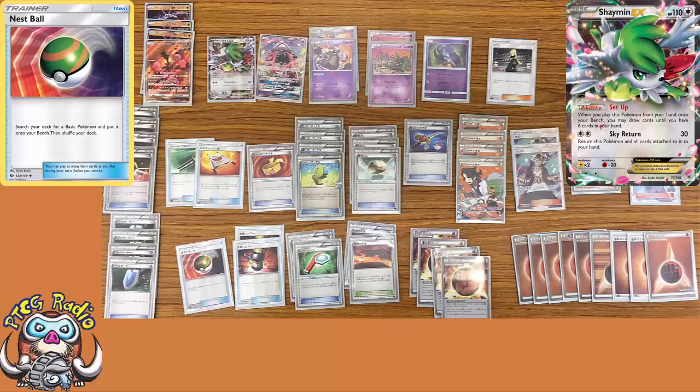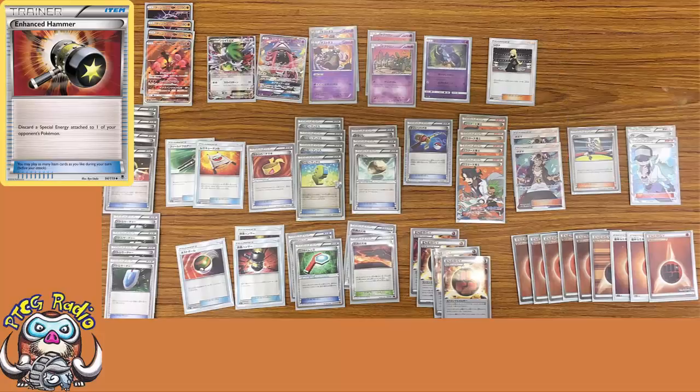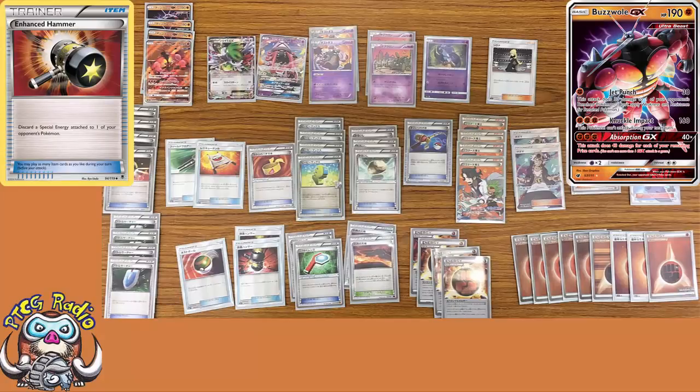So you play 2 Enhanced Hammer. The great thing about Buzzwole here, Buzzwole is a deck where you take an early lead, and if your opponent cannot match the speed of your start, they will lose, like every time if they have a slow start, because you're just spreading damage around and there's nothing they can do. Enhanced Hammer is a way to get rid of their special energy and make sure that you give them a